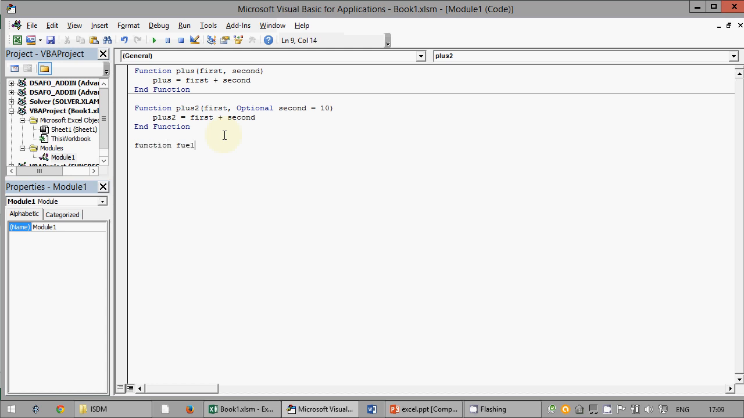Function fuel consumption. Okay, this starts to be dangerous because if I misspell fuel consumption later on, it will not work. So I want to know how much fuel my car needs. So I have the finish kilometer, the starting kilometer, and the liters that my car used. Okay, and the formula is fuel consumption equal to